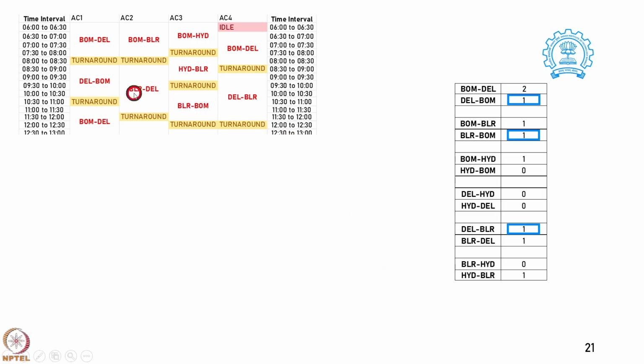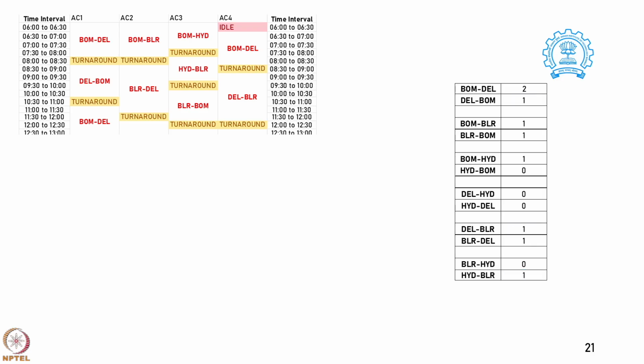So, these are the flights which are completed, and notice that there is one flight Bombay to Delhi which is still in the air at this time. So, we do not count it in this particular window, and the flight from Hyderabad to Bangalore, which was started in the previous window, has now been completed. So, it gets accounted in this window. In this window we have completed 4 more flights and tried to meet the requirement.